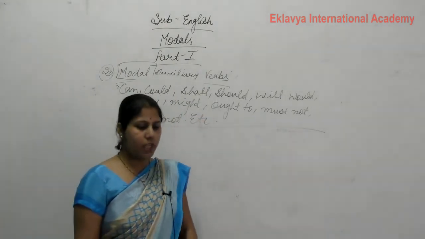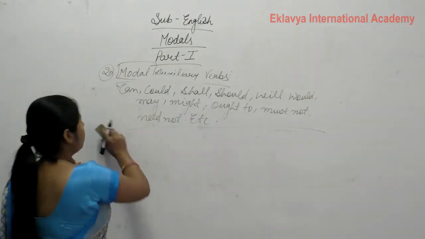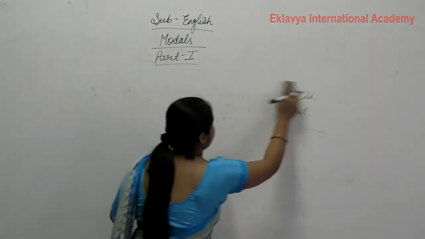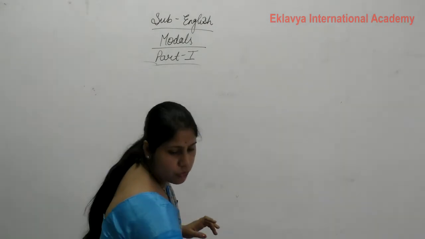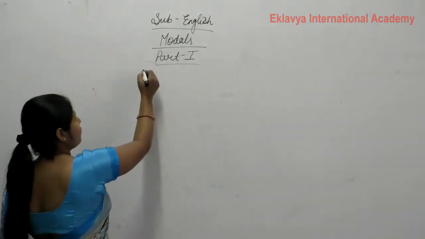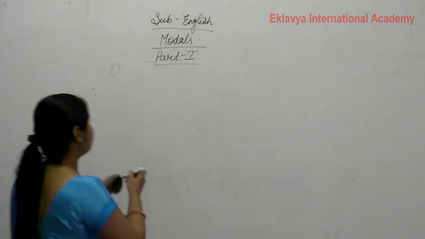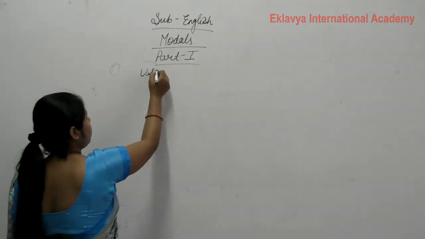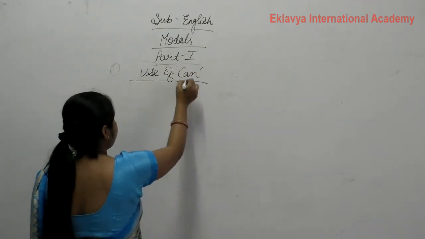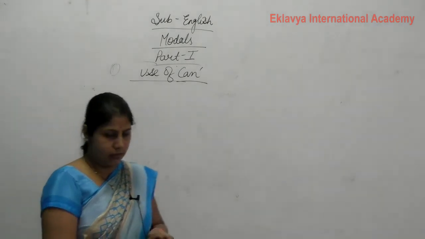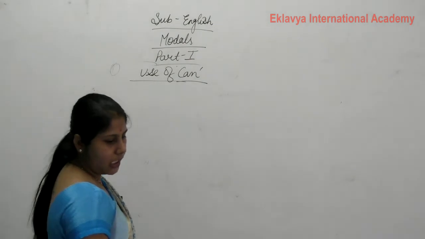Clear? Now, first of all, our very important modal is the use of can. Today we discuss a very important modal, that is, the use of can. Clear? So, write down the first modal, that is use of can. Okay, use of can, where we use can. Clear? So, write down, can is used